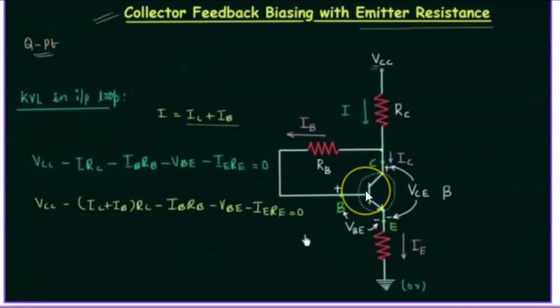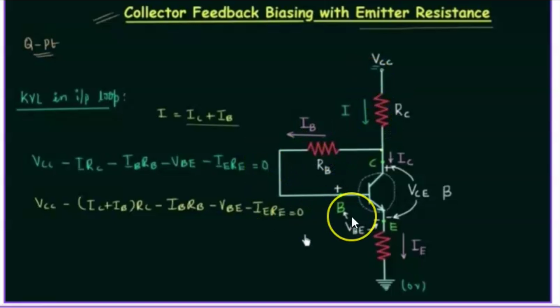Now let us have a look at the collector feedback biasing with the emitter resistance. So जो ऊपर वाला part of the circuit है, that will remain the same. We are just going to add an emitter resistance at the end. So if we apply KCL at this particular point, we can see that I is going to be equal to IC plus IB. Now first of all, we are going to determine the value of IB तो उसके लिए we